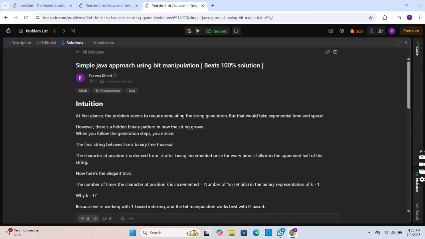We can observe that the number of times the character at position k is incremented is equal to the number of ones, or set bits, in the binary representation of k minus 1. Why k minus 1? Because we are working with 1-based indexing and bit manipulation works with 0-based indexing, so here we do k minus 1.